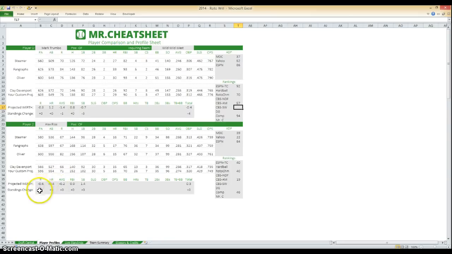But also, the cool thing here is it'll help you a little bit because your team will be affected differently by, in this case, Trumbo, who's a home run hitter, versus Rios, who is a bit of a mix. He'll steal some bases and hit some home runs for you. So what does your team need? And in this case, we'll say we're